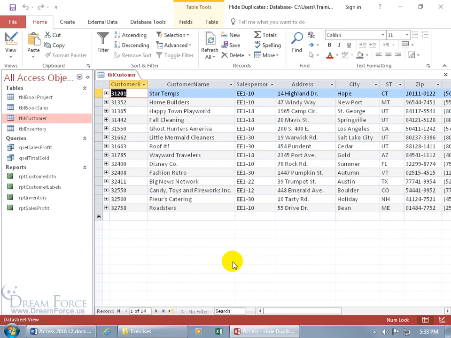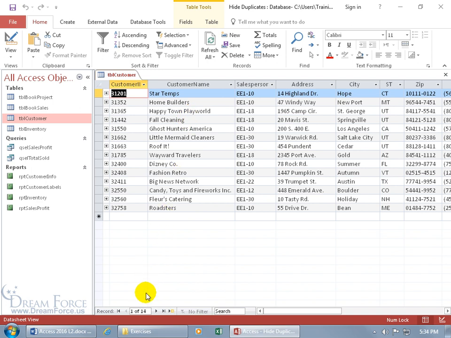I have many customers here with the contact information, customer name, address, city, state, and so on. I also created a document that I want to mail off to each of these customers separately. So one document that's addressed to this customer, and the second document to that one, and so on. So instead of doing it separately for a total of 14 customers, I can go ahead and use